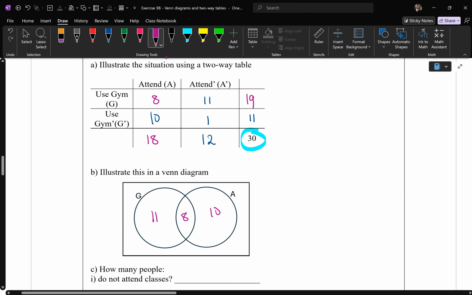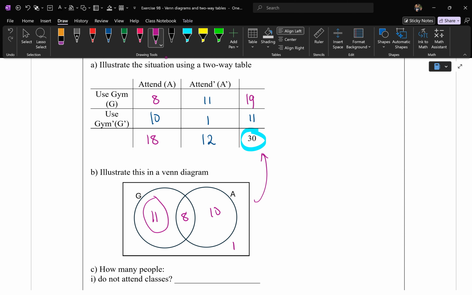So 10 must be there. And then finally, those who don't attend classes and don't go to the gym, there's only one person. Now, if you add them all together, those 4 regions should add up to 30. So let's see, 11 plus 8 is 18. 18 plus 10,